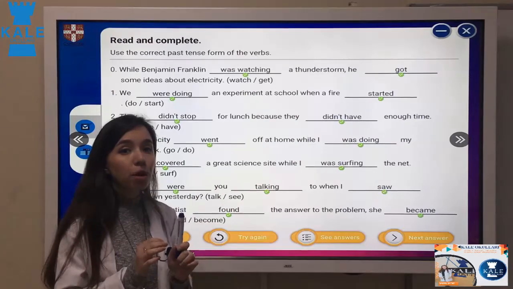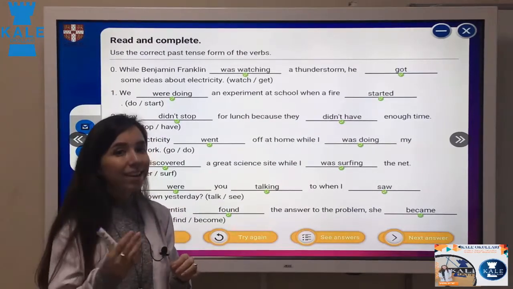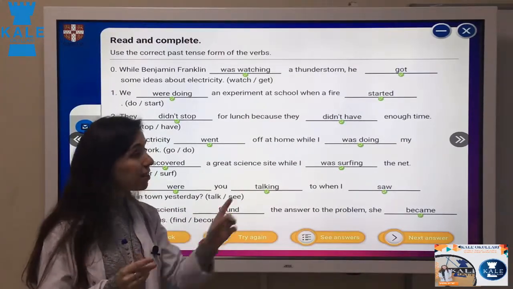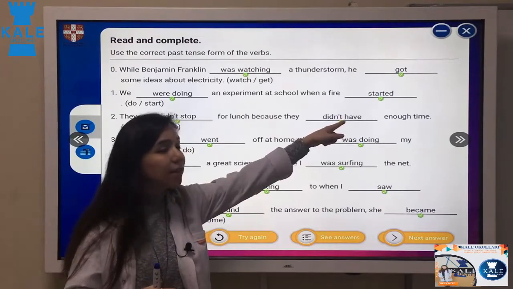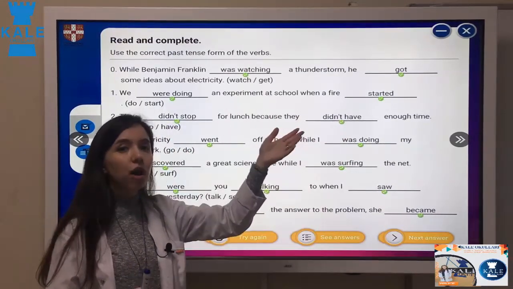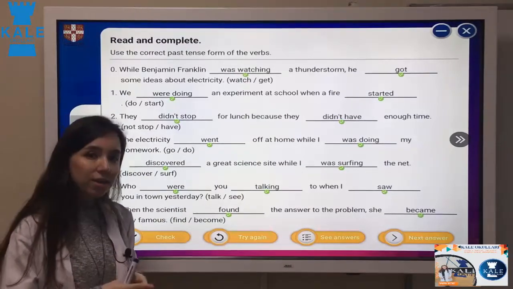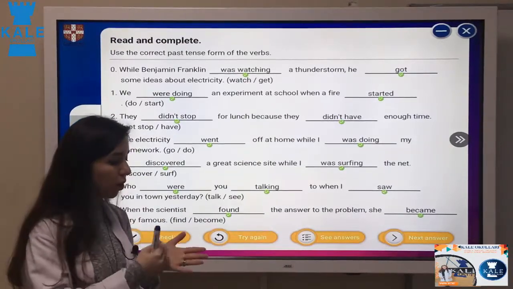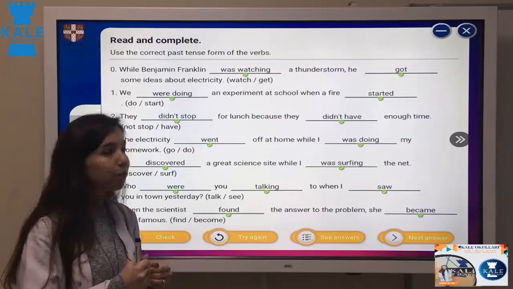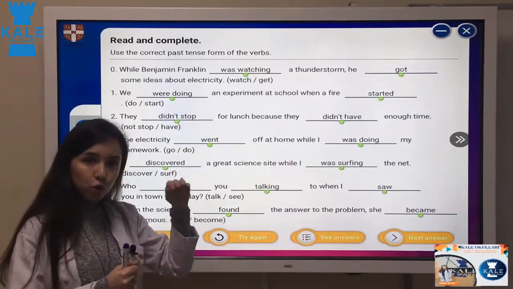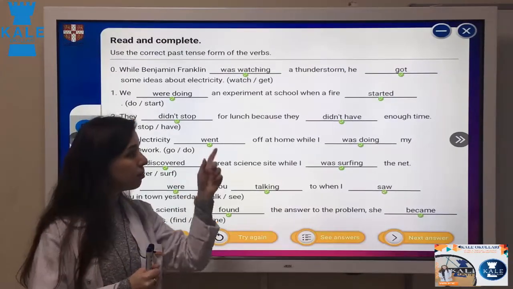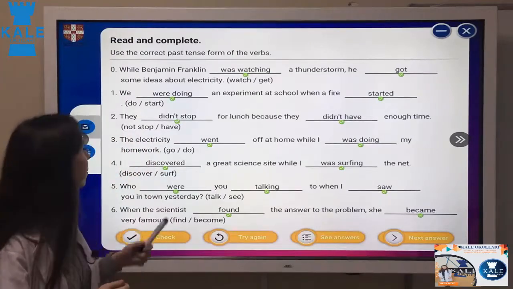And just the simple form of the verb, not didn't had, not didn't ate, yes? Just the simple form of the verb: didn't have, didn't start, didn't run, all of them. But for making past continuous negative, it's was, were, not, plus ing. Also, I can show you some slides about the past simple and past continuous after this.